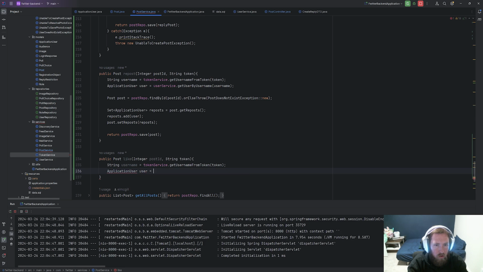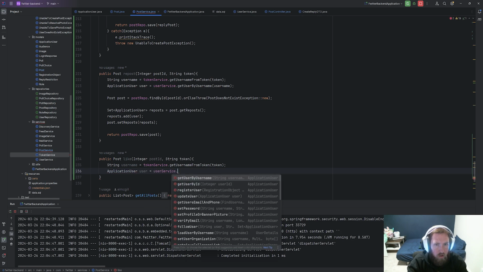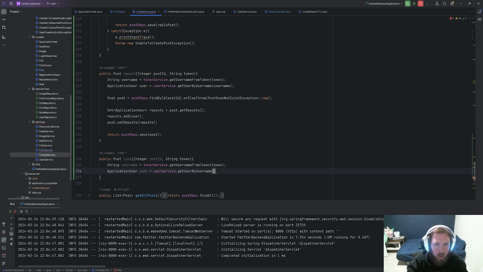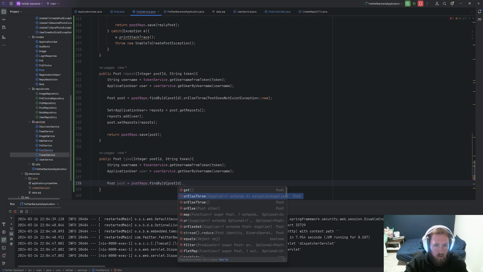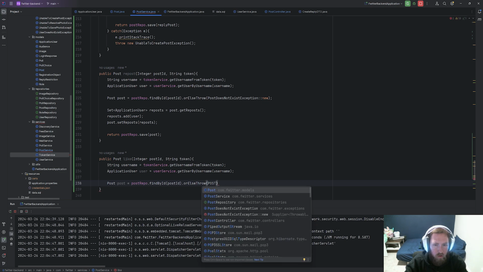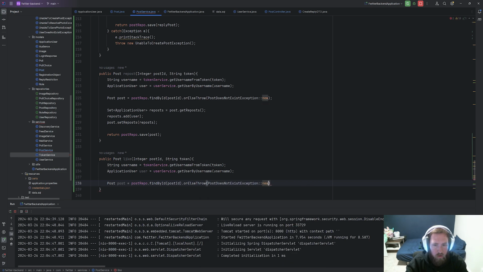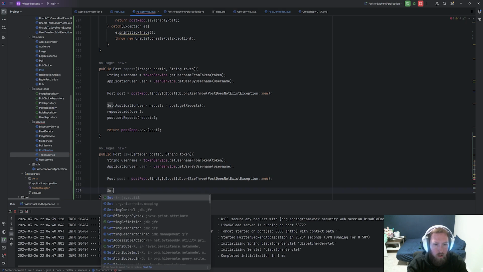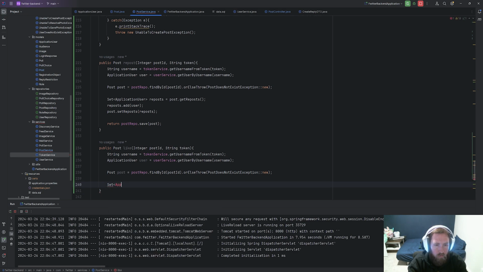ApplicationUser is equal to userService.getUserByUsername, and then go ahead and pass in a username. Cool. And then we can go ahead and say post is equal to postRepo, maybe .findById, pass in that post ID, orElseThrow, and we're just PostDoesNotExistException. Okay, and then we'll do again Set ApplicationUser,